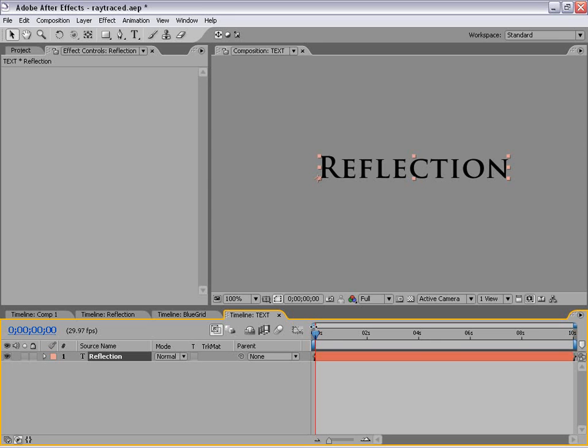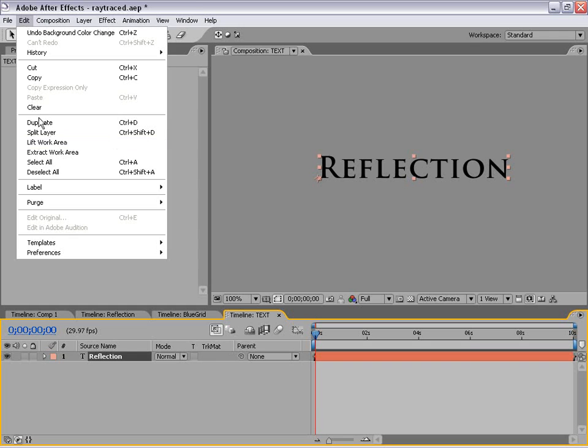We are actually going to be generating the reflections, and they're going to be looking like a real reflection. So that's kind of the catch. But here's what we're going to do: we're going to duplicate this layer. So we're going to choose Edit, Duplicate,